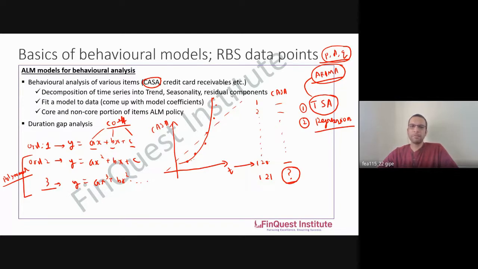So rather than having month-end balances, try to increase the data points so your model is able to understand the data more. So possibly rather than having month-end balances, maybe have balances every 10 days, or every fortnight, and then have a longer series of data points. But I get your point. It's always good to have more data points to consume rather than fewer. So wherever possible, banks will always try to have those things in place. But again, the thing is, reconciliation of these numbers can be a challenge, especially from an operational perspective,